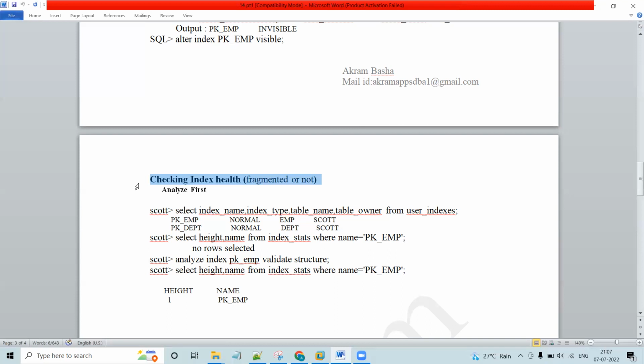For example, on the EMP table, on the employee ID column, you created an index on 1st January. If the table changes by more than 30%, then instead of doing good,